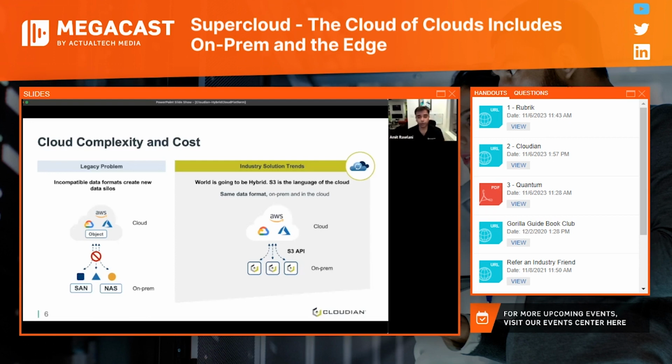And what you need to do is standardize your data formats with the S3 API across on-premises and on cloud, and that's how you're actually going to be able to reduce the complexity, whether you're using just a single cloud resource, or you're doing a hybrid setup or even a multi-cloud setup, right? That's also going to help you minimize the cost, whether it's having to rewrite applications or being able to manage the applications at the location where it is deployed, right?